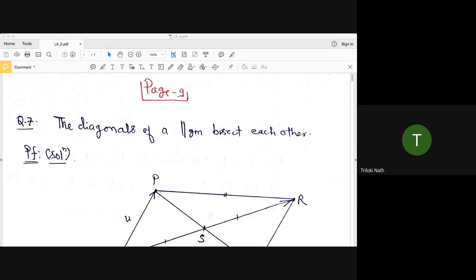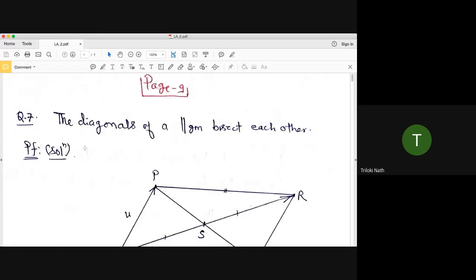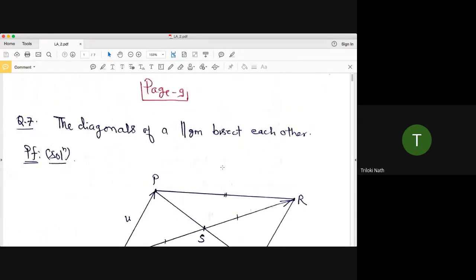So first of all, we will see here an example. This is an exercise from your book, Friedberg and Spence, the book Linear Algebra. I hope you know that book. It is with you. There is a problem, I think question number 7: the diagonals of a parallelogram bisect each other. You know this, okay? So with the help of vectors, what you learned in the previous lecture, you will see how to prove that the diagonals of a parallelogram bisect each other.